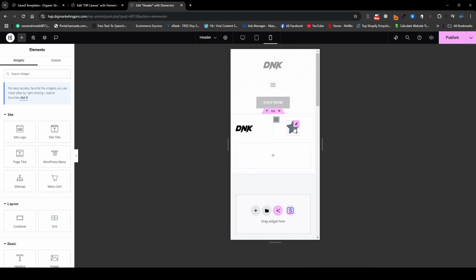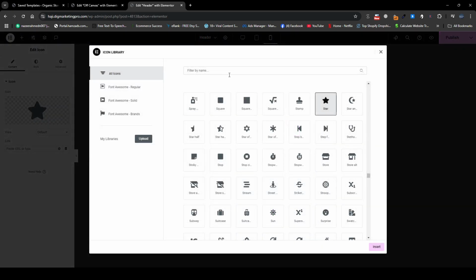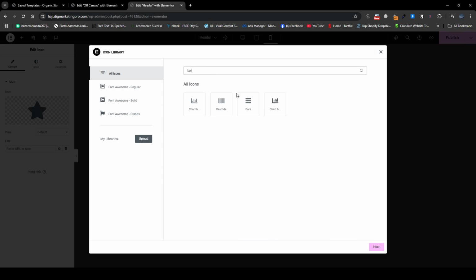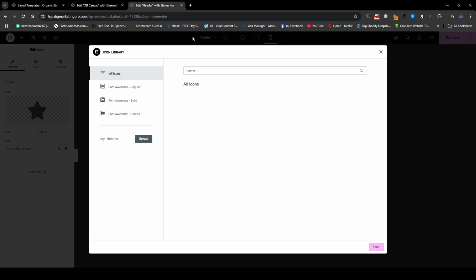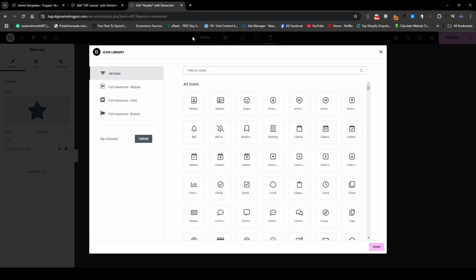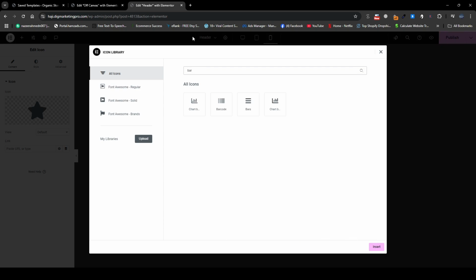Let me delete this section, and here I will search for bars. So you can see we have different bars. So let me search for menu bar. It's not appearing. Let me search for bar here.